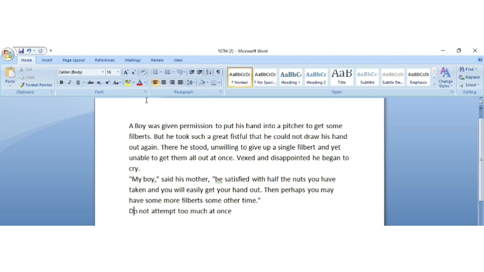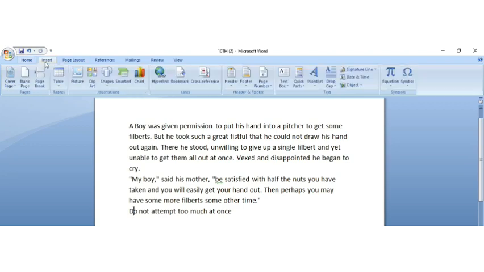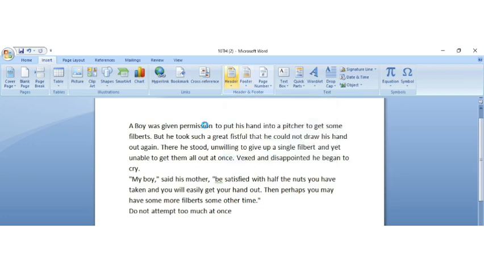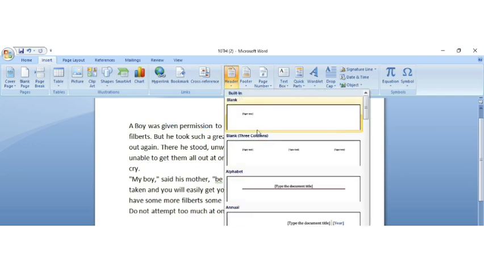So again, going back to the document, here you will go to the Insert option. Here you will find the Header and Footer option. When you click the Header option, it will show you some options at the top portion of your paragraph.